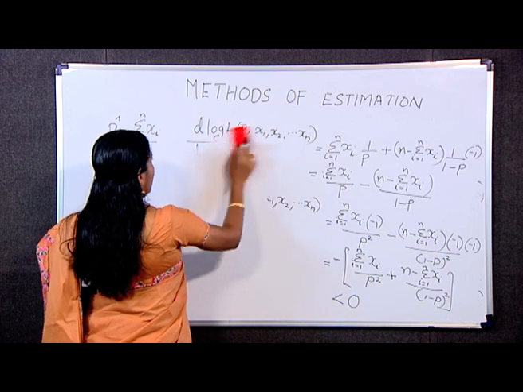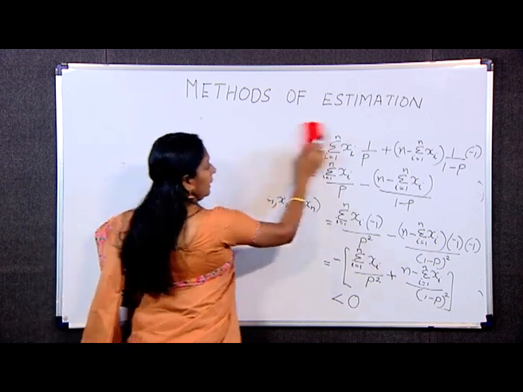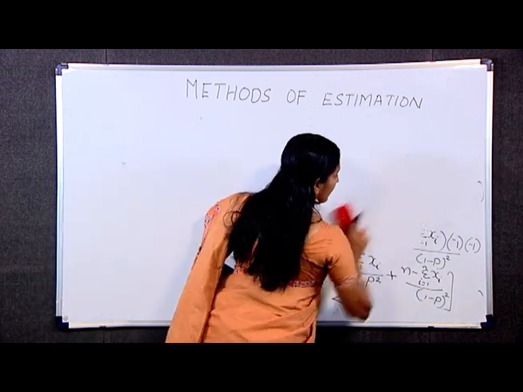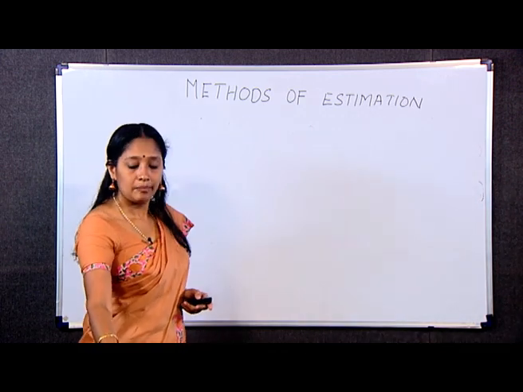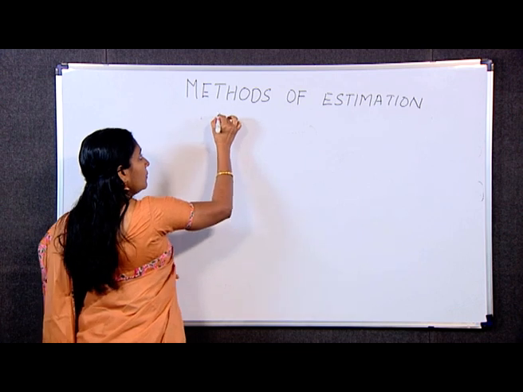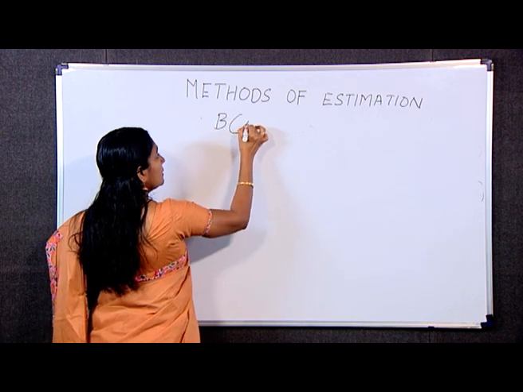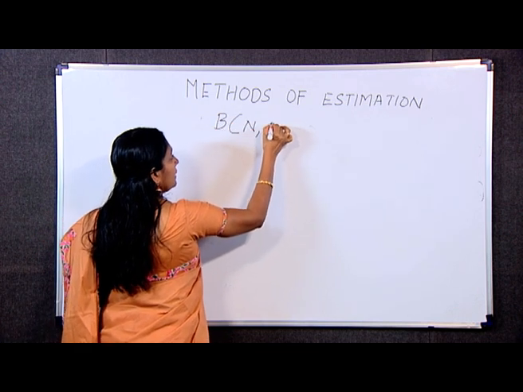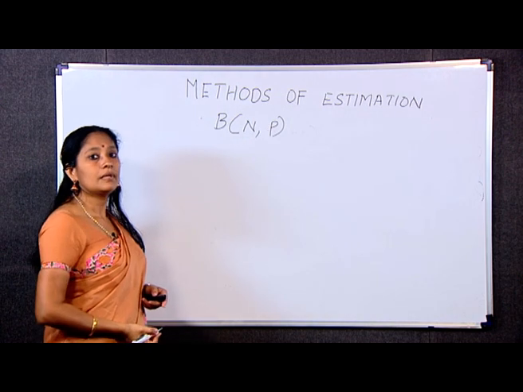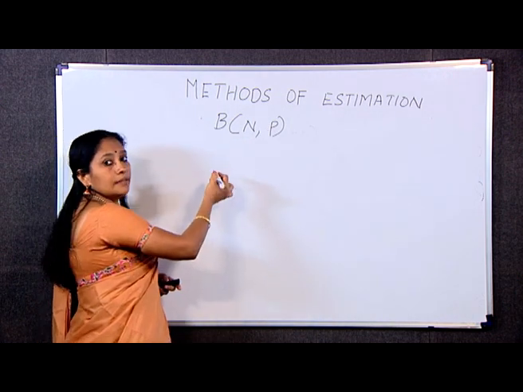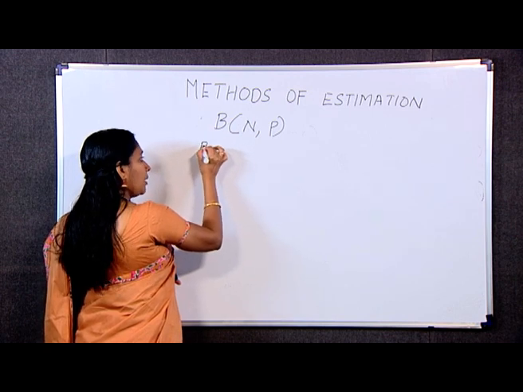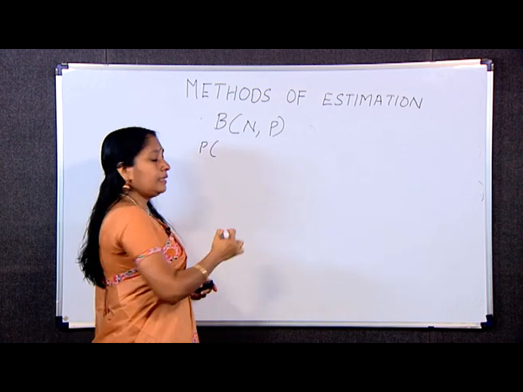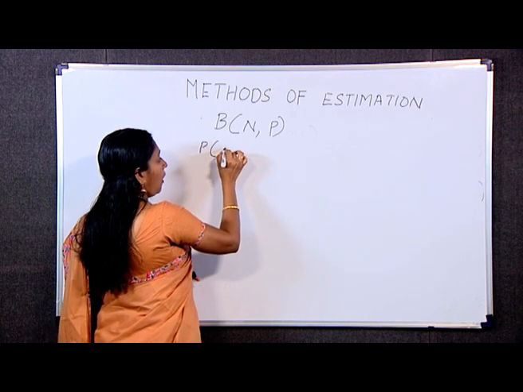So, the random sample x1, x2, etc., xn is taken from the binomial distribution with parameters capital N and p. Hence, the density function or the probability mass function is